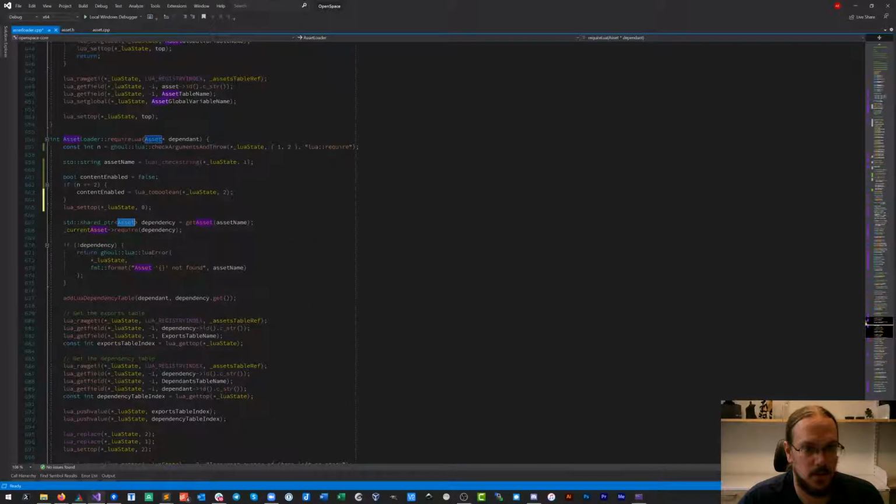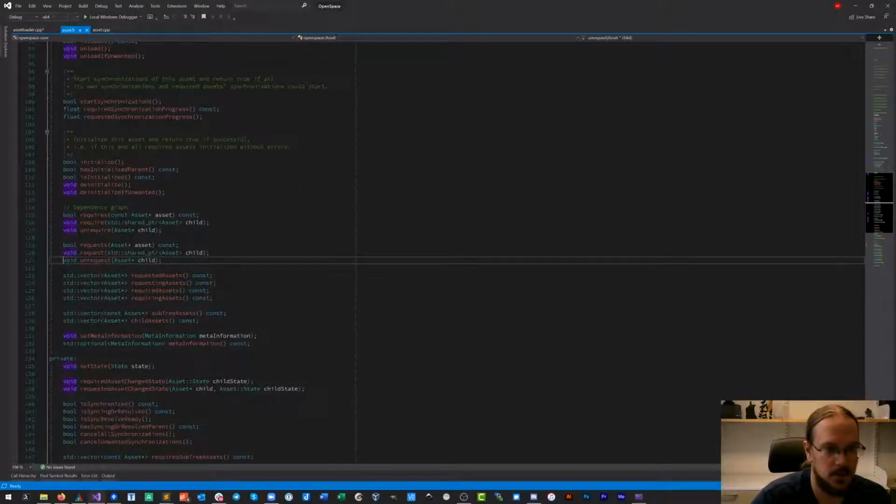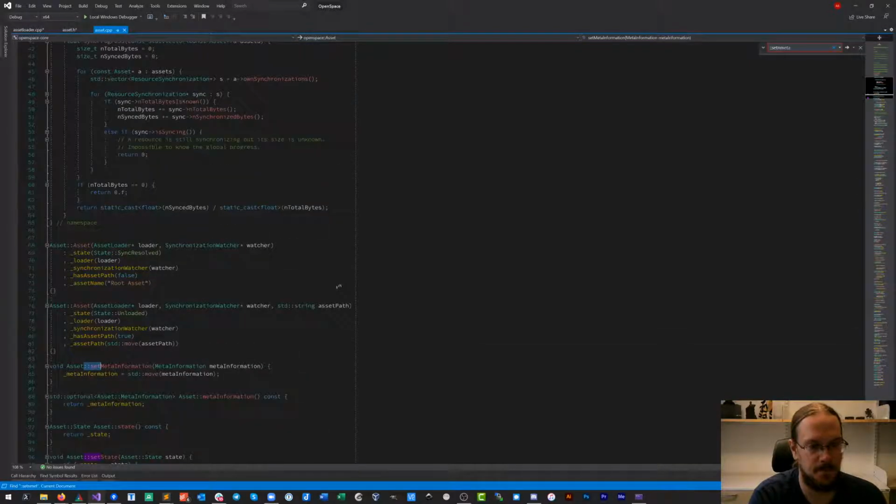And since we're getting the asset here, we'll probably need some kind of setter for that. We'll just put it down here, in the right place as well.